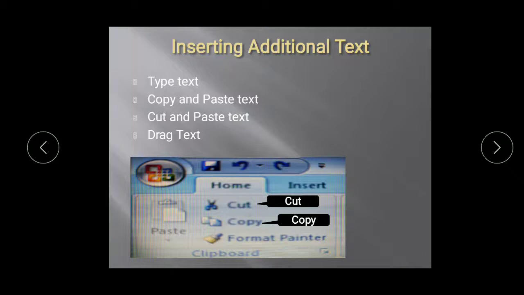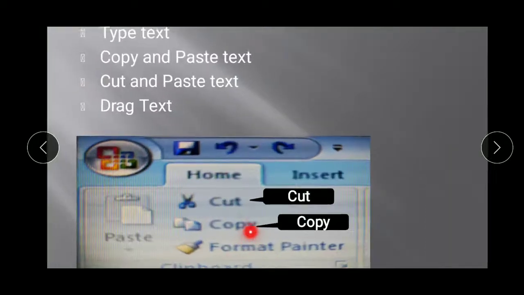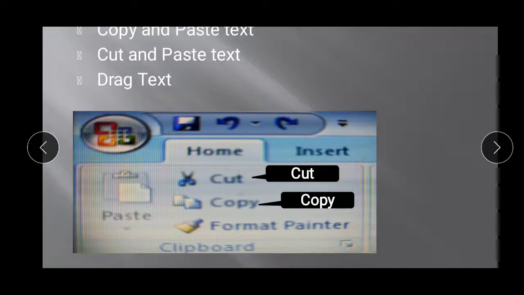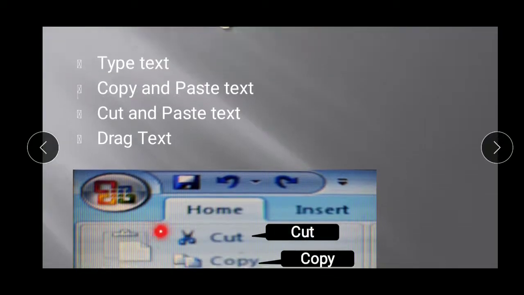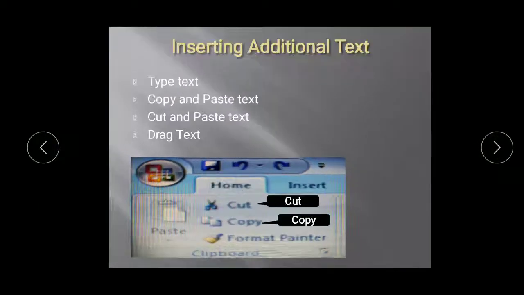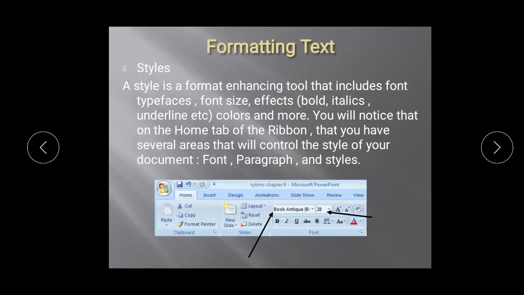If you do not want to right click, what you can do is just select the text, and on the home tab you have these buttons called cut, copy and paste. Once you copy, then only paste will be visible. Once you cut, then only paste will be visible. These are the two options in which you can go for cutting and copy pasting your text.